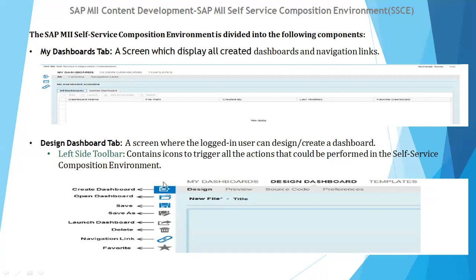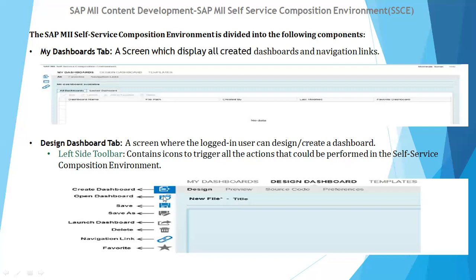Whenever you go to the Design Dashboard, you will see some buttons that you can use for actions. The first button is Create Dashboard. Clicking on this will create one new dashboard.